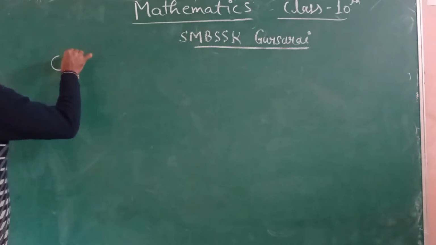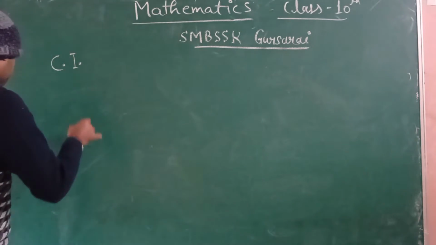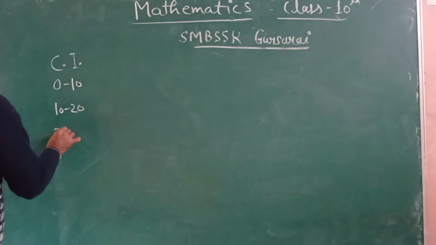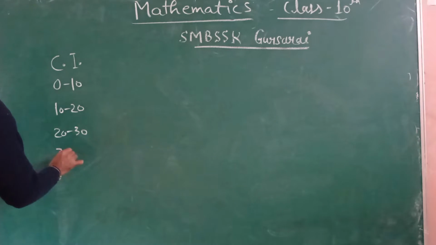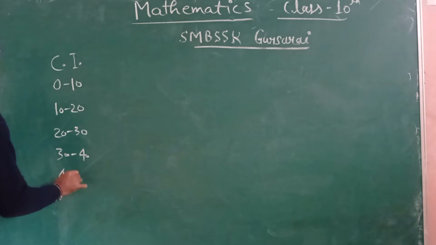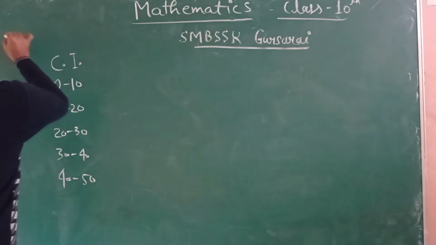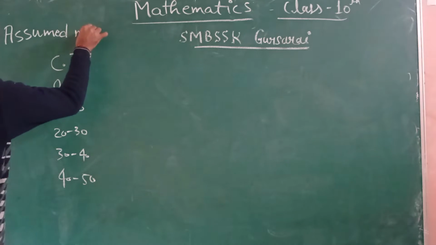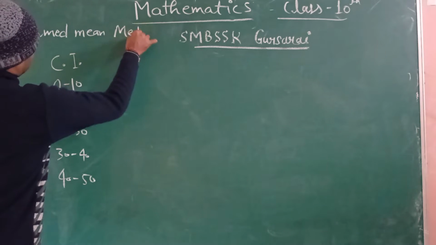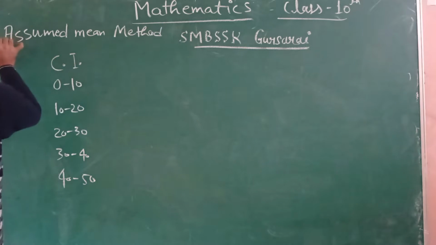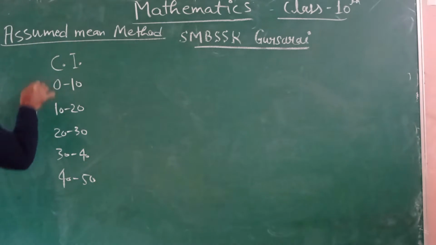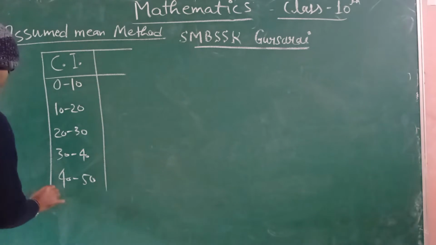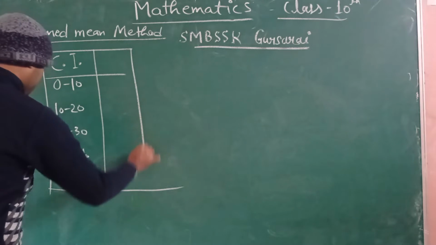Here, write down in your notebook class intervals 0 to 10, 10 to 20, 20 to 30, 30 to 40, and 40 to 50. Give the heading assumed mean method. Assumed mean method for finding the mean of class interval data. So here class intervals are from 0 to 10, 10 to 20, 20 to 30, up to 40 to 50,